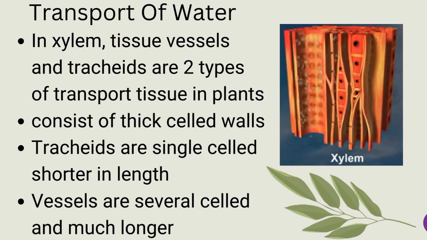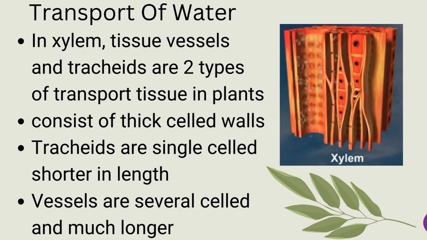So, do you guys ever wonder how the xylem and phloem transport their food into the plants? It is because there are many types of ways to transport food, one of them being transport of